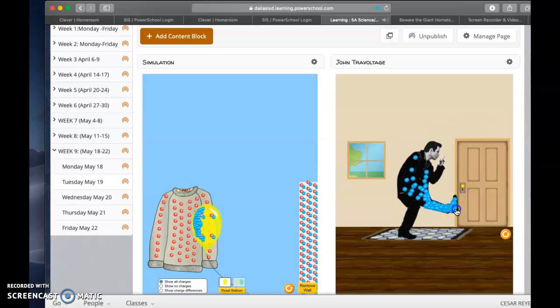He's charging himself by friction, right? He's getting all the electrons from the carpet. Now he's fully charged, just waiting for somebody to get close. In this case, it's going to be the door. So this happens,